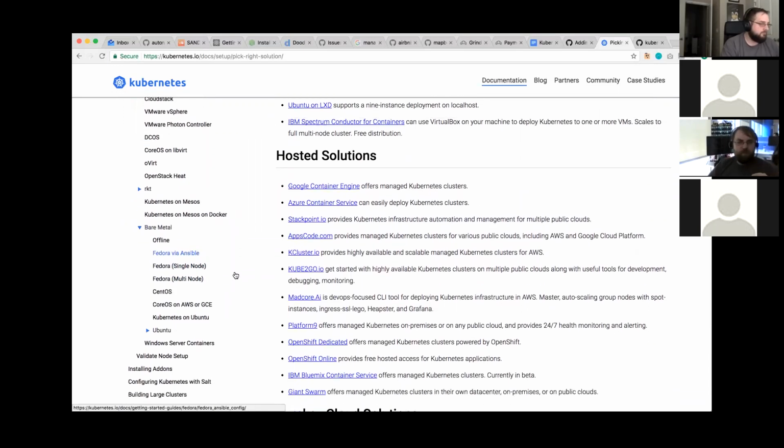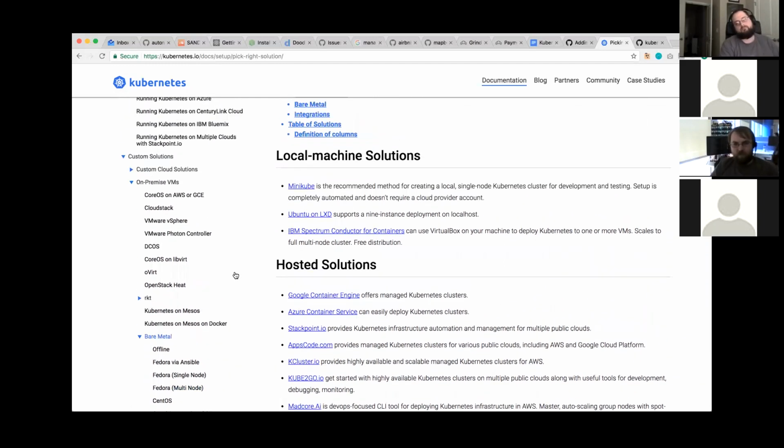We're never going to be able to say, here's the one solution to do bare metal, because it's going to change if you want to use a different underlying operating system. There'll be some options. If you want to use CoreOS and Container Linux, if you want to use Ubuntu, if you want to use CentOS or Fedora, all of those things kind of change the experience. But I'd like to make it so that